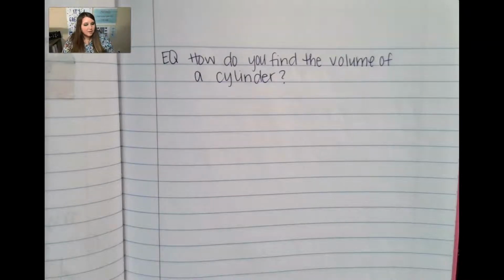Well, first of all, what is a cylinder? My can of tomato sauce here is a cylinder. If you notice, it has a circle for a base, or the bottom of it is a circle, and then it is three-dimensional. It has a height. So our job when we're finding the volume of a cylinder is to find out how much stuff actually fits